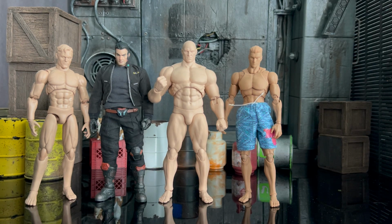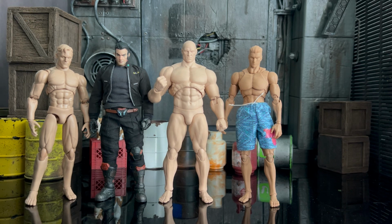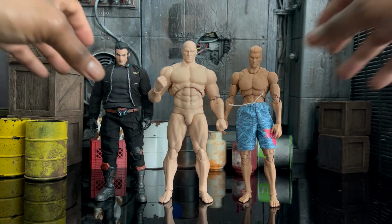But yeah, these are 4 different styles of blank bodies, and each brings something to the table. Like V-Toys is a slim superhero. Romanki Cowl is definitely the anime protagonist style body. And then we have the big bruiser type here that we're reviewing with Adam. And then NW Toys is kind of like that in between, similar to a Mezco style body, which has the movement, but it's almost like a jack of all trades. It has a little bit of everything, but excels at nothing, right? So as we remove these guys,